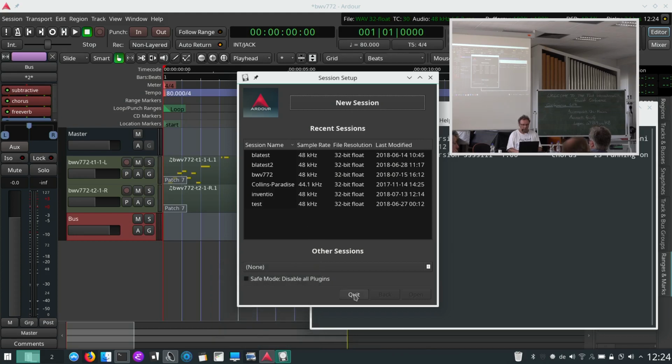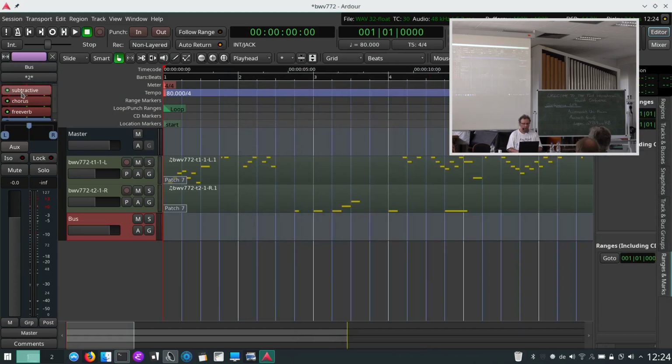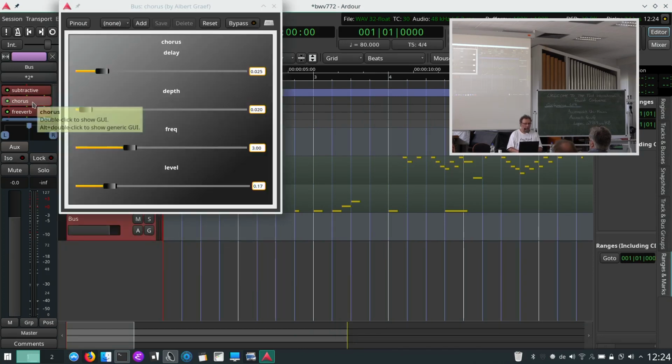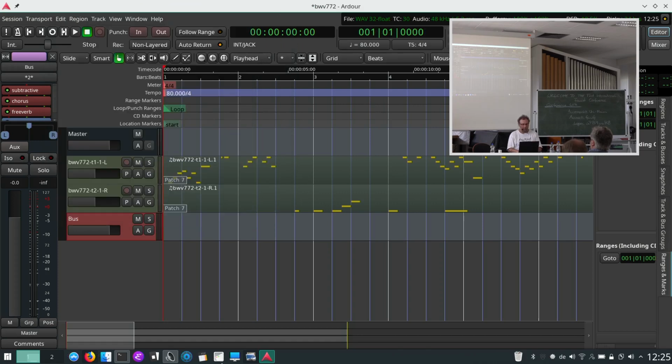No, this wasn't what I wanted to do. The subtractive one, which is still here. So let's close this and start chorus. Now chorus will be running on, because no other modules are loaded, and it will now run on the UDP port 5510, and I can change the level. But that's no way of working in a digital audio workstation. That's just too cumbersome, and there are ways to deal with that in